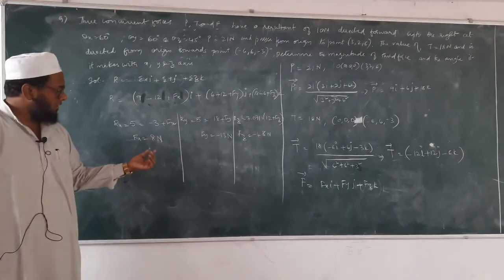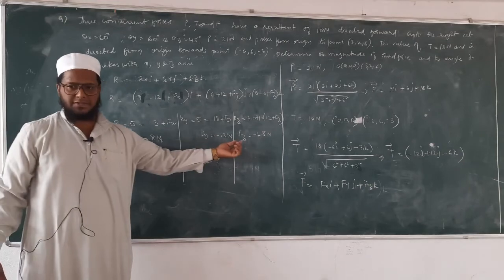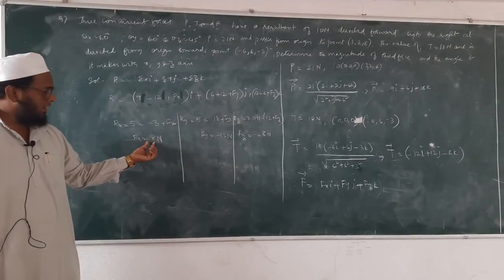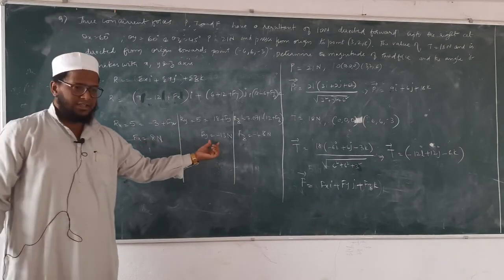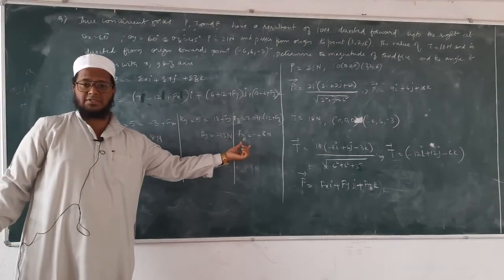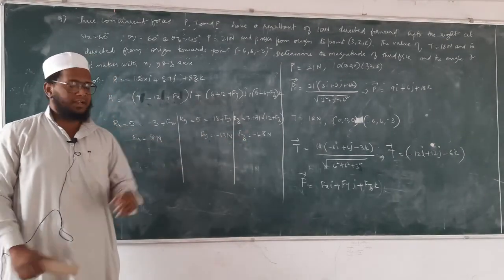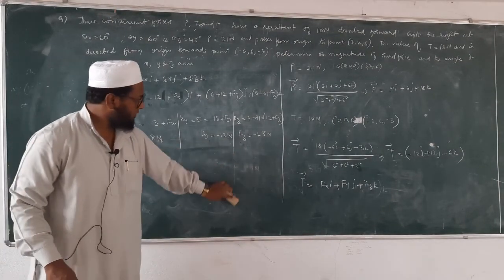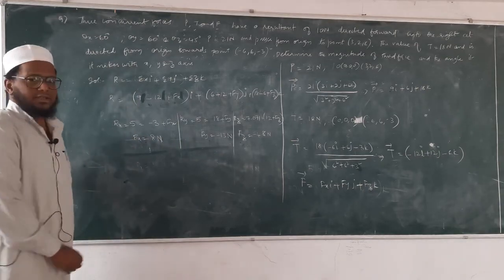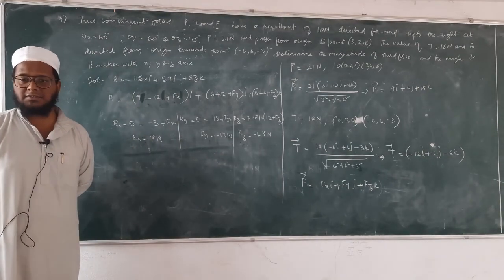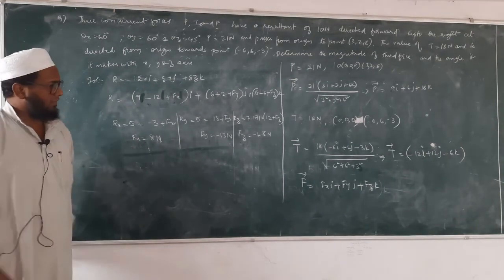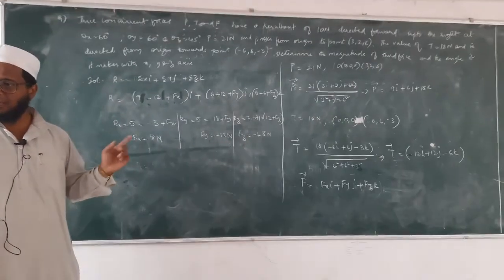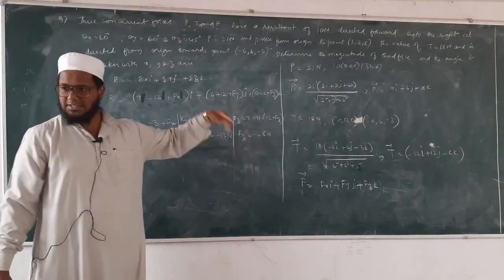Okay, so Fx, Fy and Fz is over, right? So see here, if you see carefully, Fx is positive, Fy is negative, and Fz is also negative. So what is the direction of this force? Yes, what will be the direction of this force? Backward down to the right. Very good. The direction is backward down to the right. Why? Because z is minus.